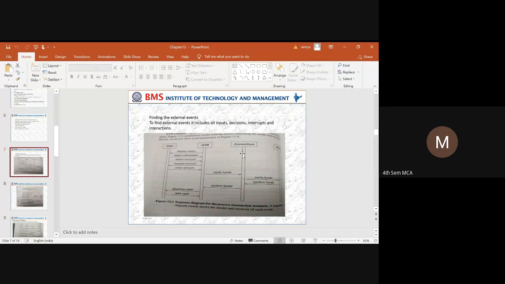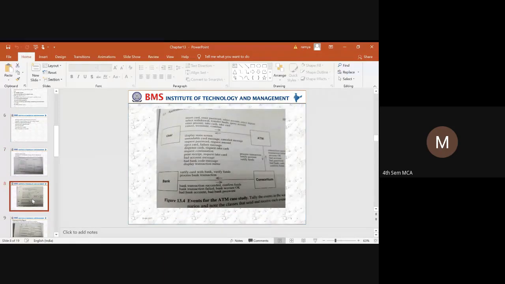Later, the bank consortium will send the details of the customer and his request to the corresponding bank. The bank is going to verify whether that user has sufficient funds and confirm the funds. If confirmed, it will be sent back to the ATM through the consortium, and the ATM will dispense the cash, and the user takes the cash from the machine. So this is how the system is going to work.